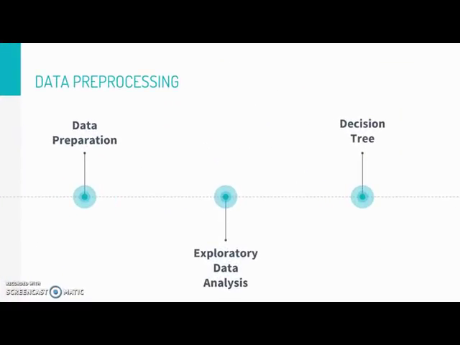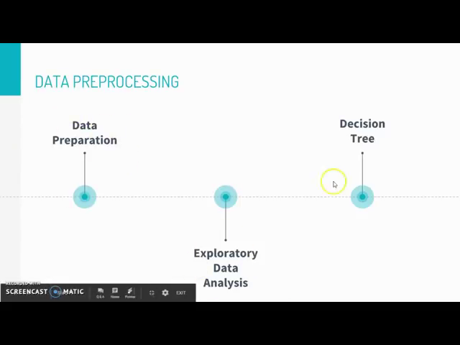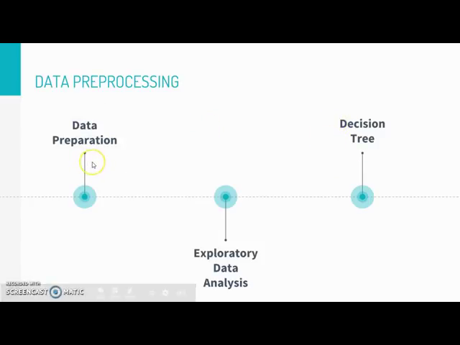Then we move to data pre-processing. In data pre-processing, we will do data preparation, exploratory data analysis, and decision tree. In data preparation, we check for missing values, if there are any. Then using subset, we select the 9 variables that have significant values in affecting the outcome of whether the customer has subscribed to a term deposit or not. After that, we rename the variables to more sensible names and convert the data types of the variables to numeric and factor respectively.